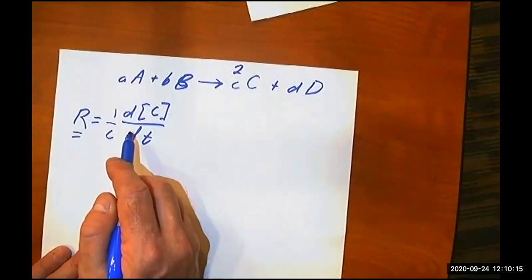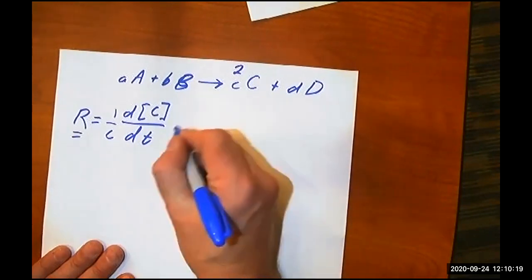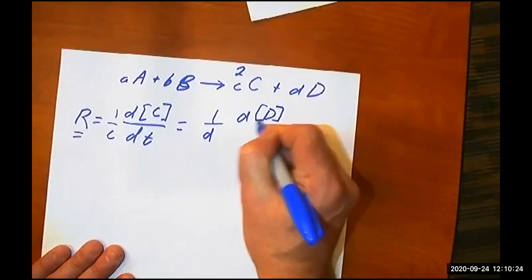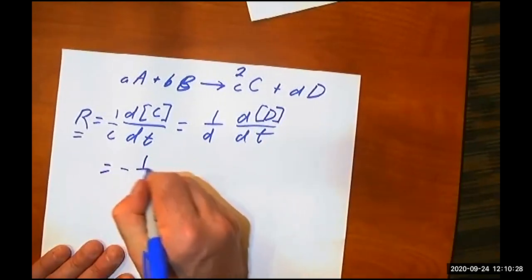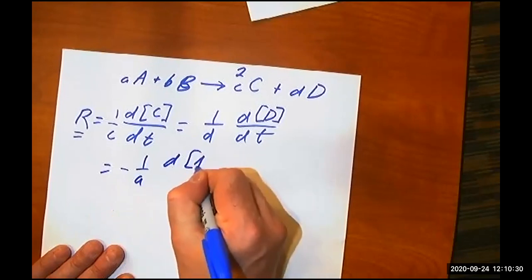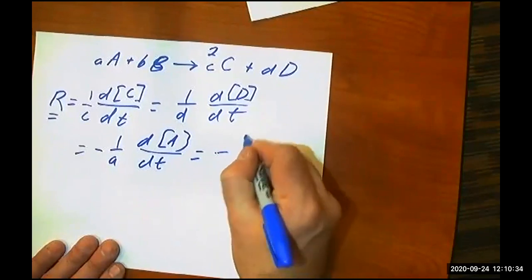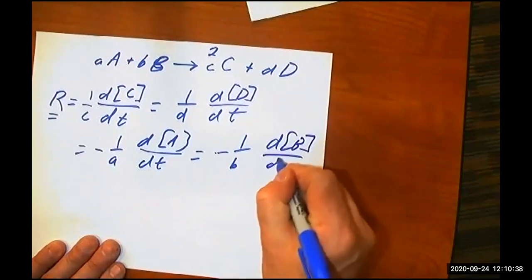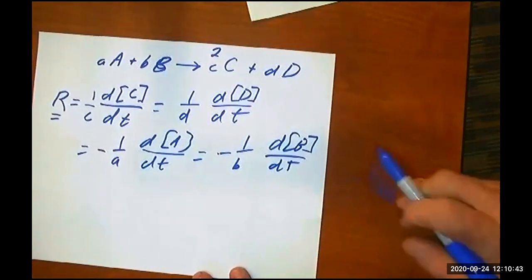Does that make some sense? So that's why we are dividing by the C. And so this is the same as 1 over d, dD/dt, and negative 1 over a, dA/dt, and negative 1 over b, dB/dt. And these have to be equal to each other because